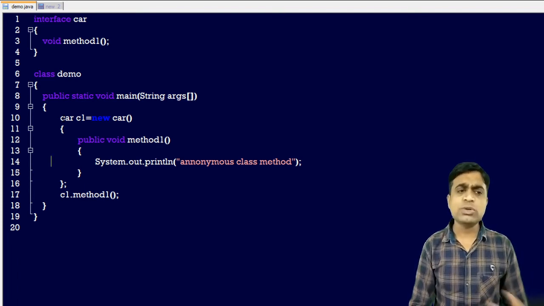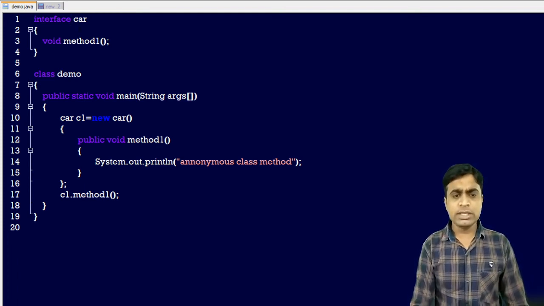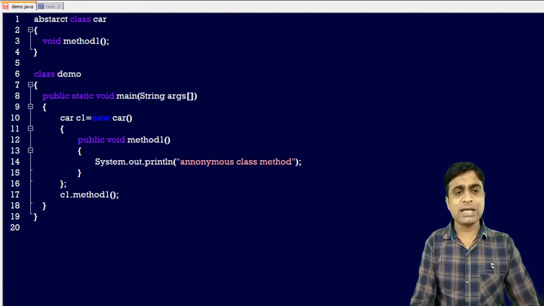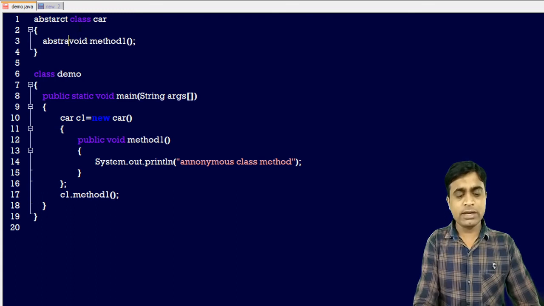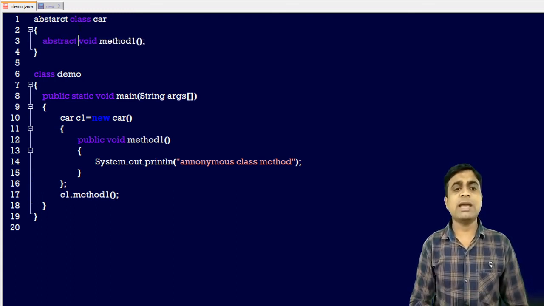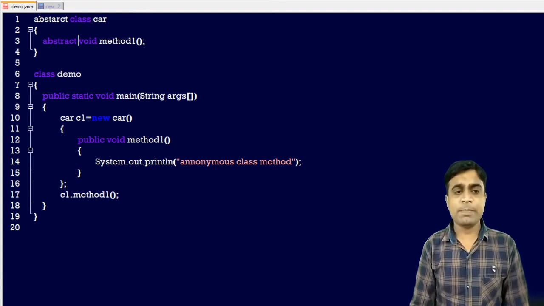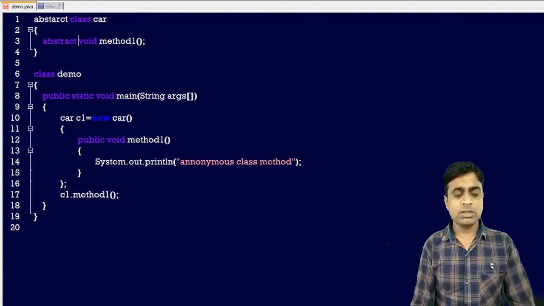You can also do it with a class. Here, instead of the interface, I am creating an abstract class Car, but in an abstract class not all methods are abstract. We need to use the keyword abstract. So this is the example of a normal method, like abstract void method1. So again you can save it.